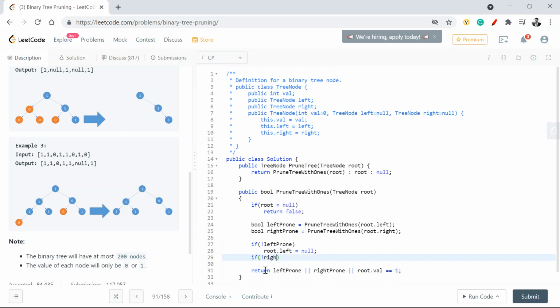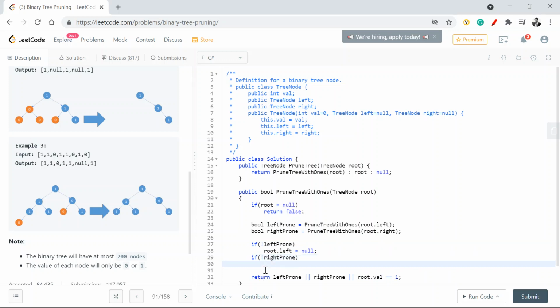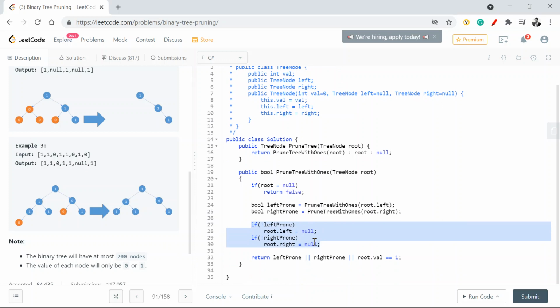If the right node is also like this, I'll say right is also null. Now in a way, this is where we did the major activity: if these are not having any ones, I'll mark them as null. That means I'll cut off those edges or nodes, and otherwise I'll simply return true.